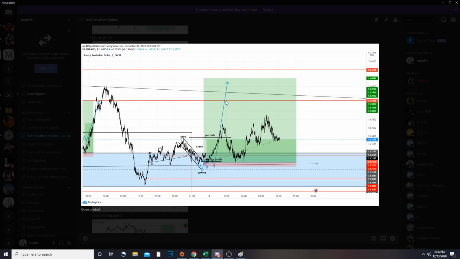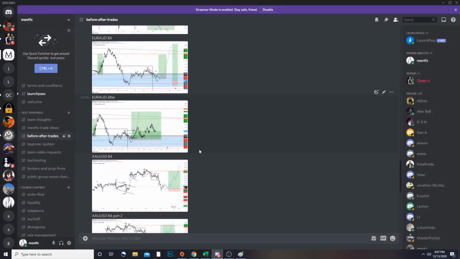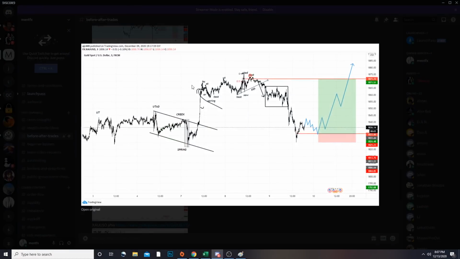Now again, this partial looks tiny in reference to what we wanted to target, okay? But what's interesting is this trade would have been considered a loss for a lot of people trading smart money, right? Whereas for us, it was considered a huge win. This is about a 1 to 5 RR trade with partials. If this continued, we would have caught 1 to 15, 1 to 16, 1 to 20, and that would have been great. But we don't need to do that to be successful in this market and to make money, okay? That's exactly what happened on gold. We sent out this gold trade right here, right before it happened, or this analysis and this consideration that we made.